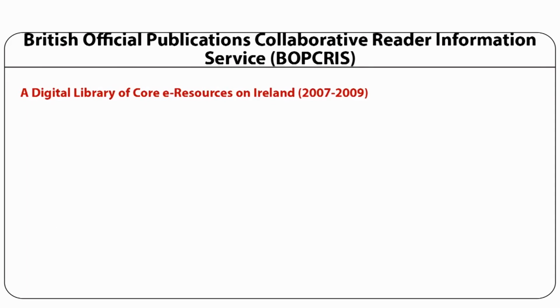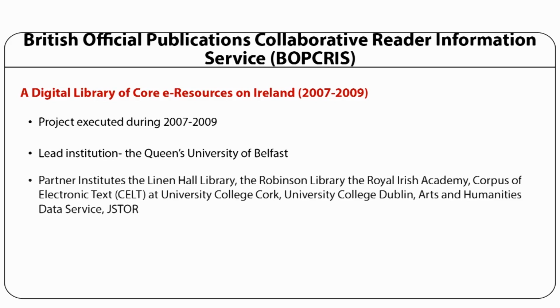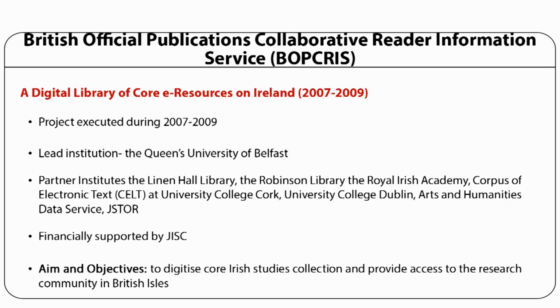Digital Library of Core e-Resources on Ireland. A digital library of core e-resources on Ireland was a digitization project developed during 2007 to 2009, led by Queen's University of Belfast. Other partners were the Lennon Hall Library, the Robinson Library, the Royal Irish Academy, the Corpus of Electronic Texts at University College Cork, University College Dublin, Arts and Humanities Data Service, JSTOR, and it was financially supported by JISC. The major objective of this project was to digitize the Irish core collection and provide access to the research